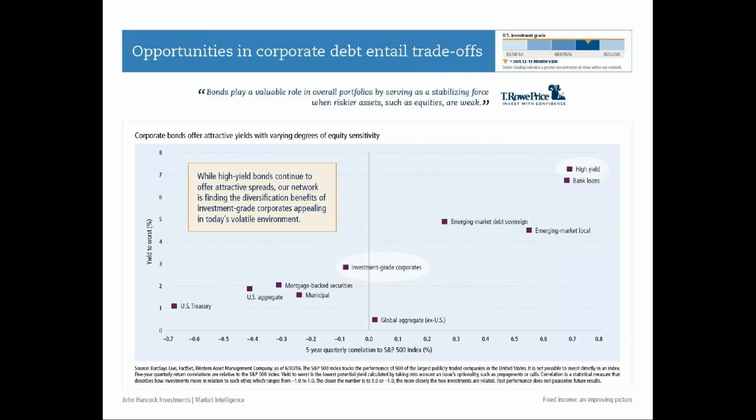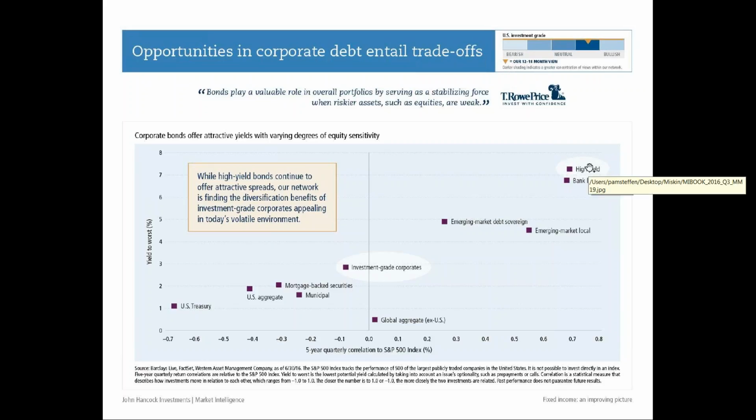So some other things to think about in terms of overall fixed income and where to invest potentially across asset classes. Like in equities or stocks, where you can go to different sectors, there are different bond asset classes that you can consider investing in. So one is high yield.